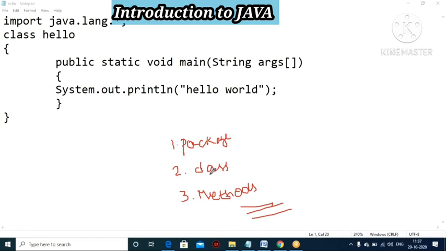Okay, so inside Java it contains package, then below you have class, below the class we have method, right? So package, for example, a real time example: package means, let us take a shop.